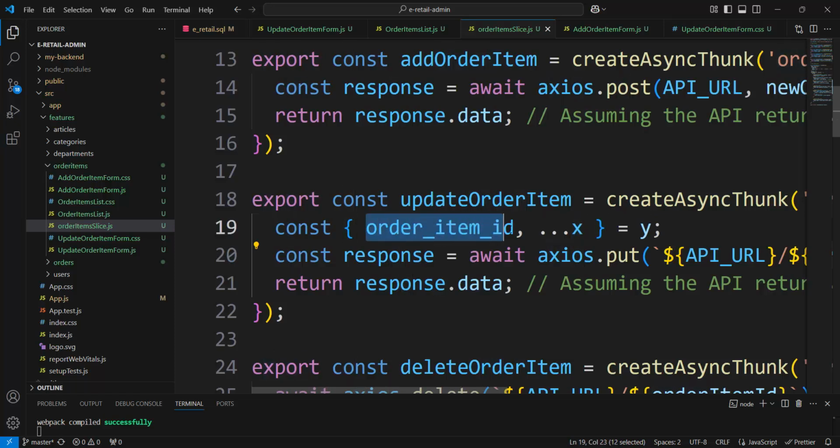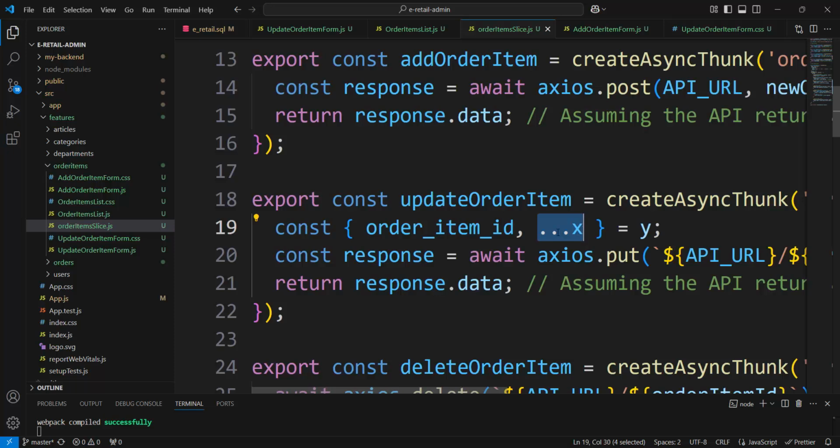Order item ID is a property of object. It is curly brackets. Inside we have two properties. One is order ID, and one is